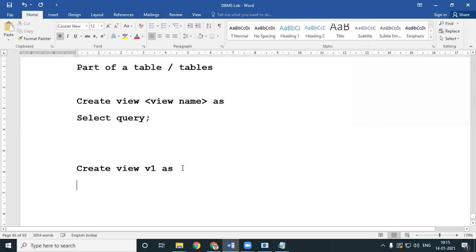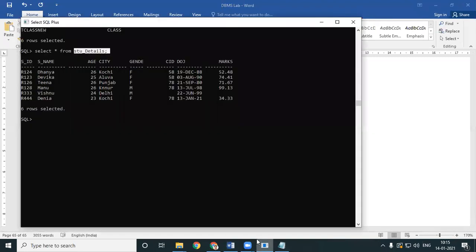So I'll write select. Before that, let's work out a select query over here. Select S underscore name, comma city, comma marks from STU details.